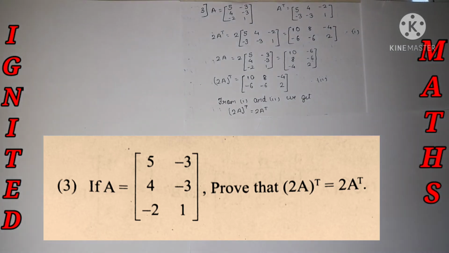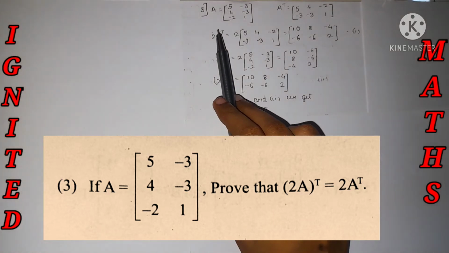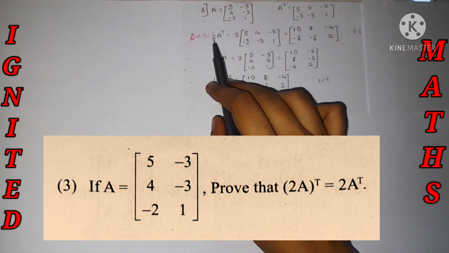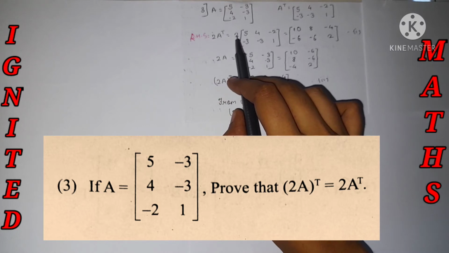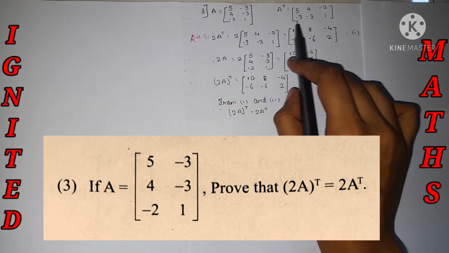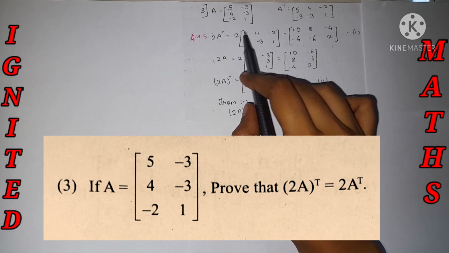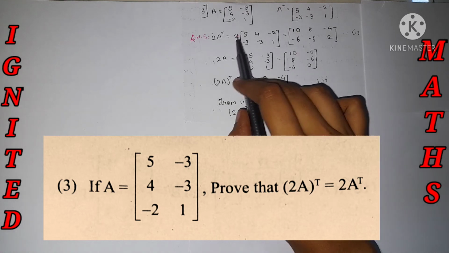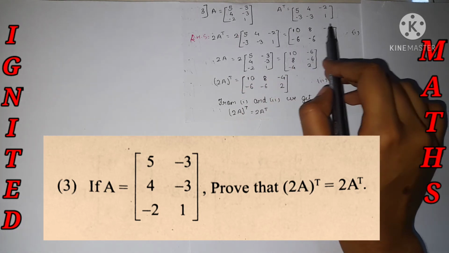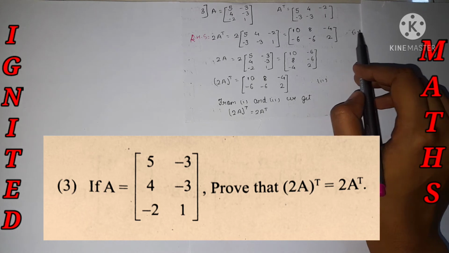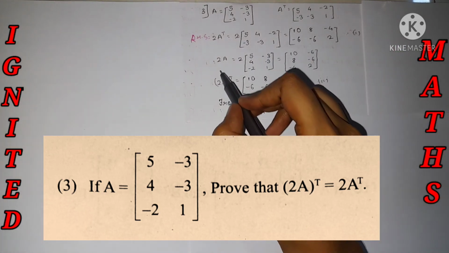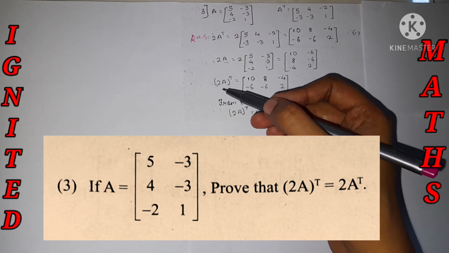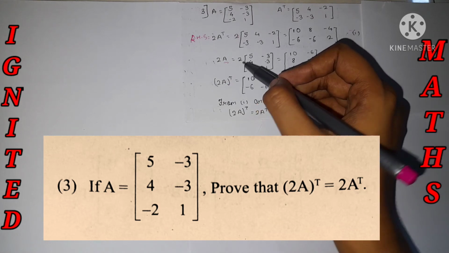Now take the LHS value and prove the answer. Take the RHS value, and we will get the answer and relate it with the equation. According to the question, the RHS value is given as 2 into A transpose. Just multiply the given term. Scalar multiplication of the matrices: 2 into 5 is 10, 4 into 2 is 8, 2 into 2 is minus 4, the same we will get, and this is named equation 1. So first we need to take the value of 2A, and next we will move to the transpose of 2A.